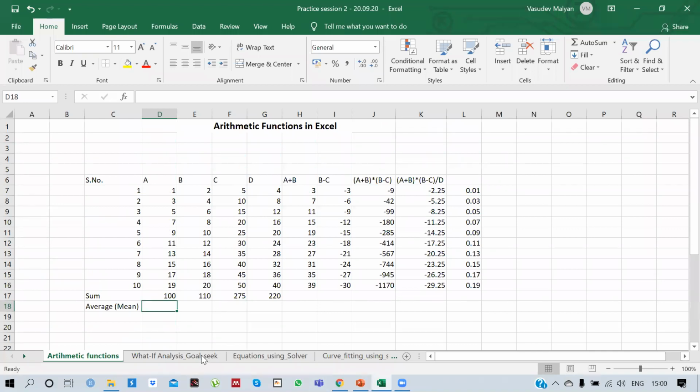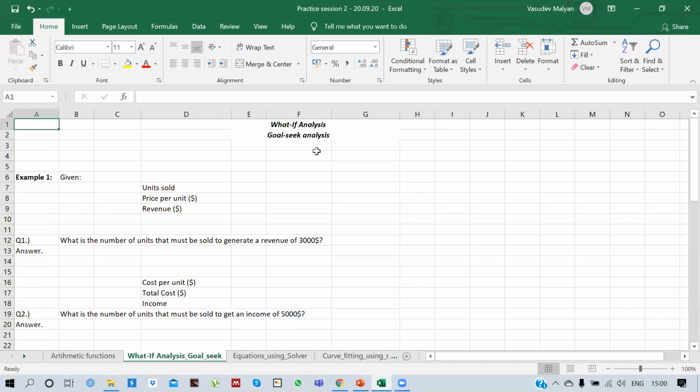The goal-seek analysis in MS Excel is used for back calculation. When you have a desired output, let's say 1,000, and you want to know how many numbers are required to be added to get a value of 1,000, you use goal-seek to do a back calculation.